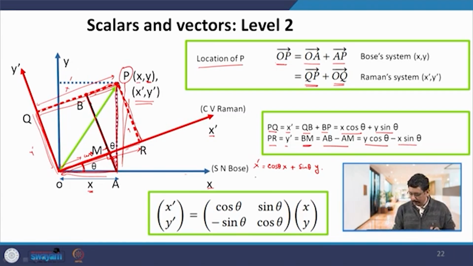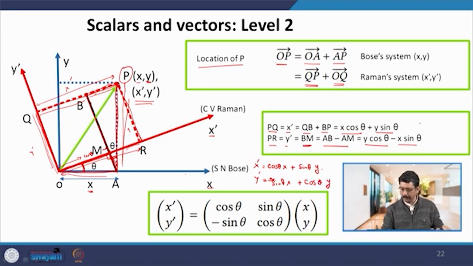So, I can write y prime as minus sin theta x plus cos theta y. So, I am writing the same equation here, just in a slightly different way, because